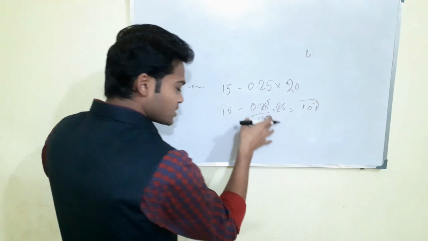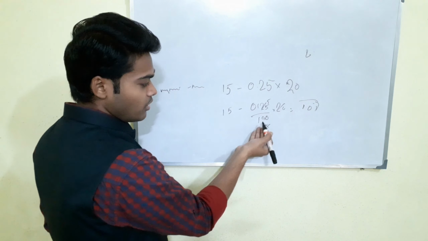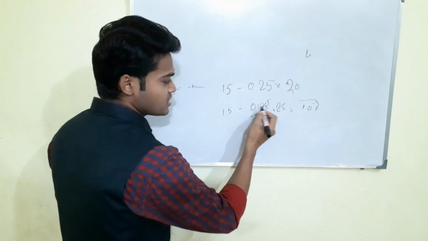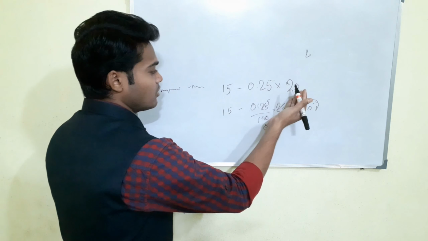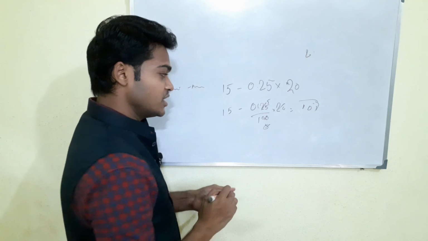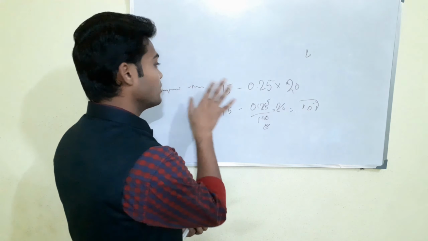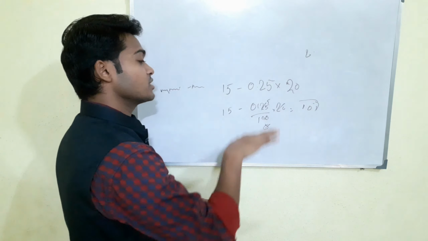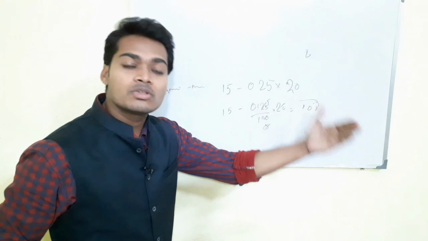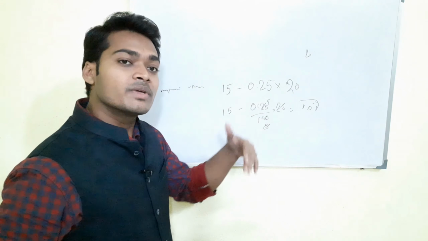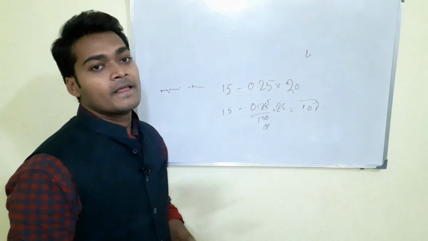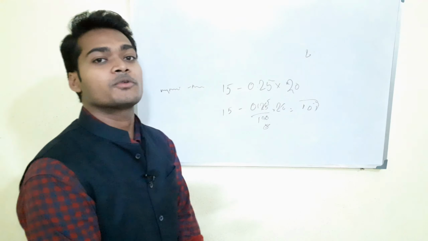If you don't understand this calculation, or how we write 100 for 0.25, you can use a calculator, or if you know how to multiply directly with the decimal, you can do that. I think it is very hard to multiply a normal value with a decimal, so I just remove the decimal and write 100, which is easy for calculation. This means if the patient is 20, the minimum amplitude of accommodation should be 10 diopters. If it is lower than that, you can shift to a different stage, as it might be due to a different cause responsible for the patient's visual impairment. So using this technique we can easily measure. Up to this, thank you.